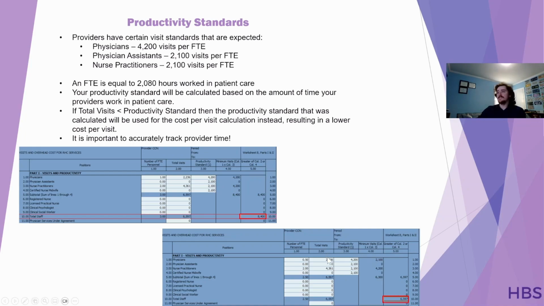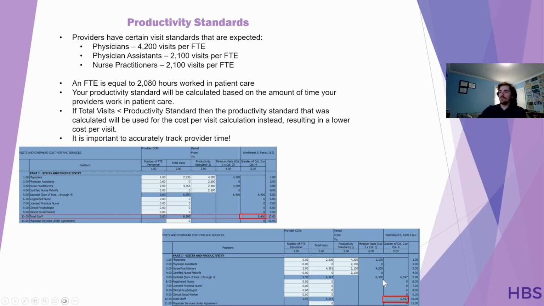And because this is less than the visits they saw of 2,236, the cost report takes what was counted, and we are able to spread our allowable costs across this 6,597 number